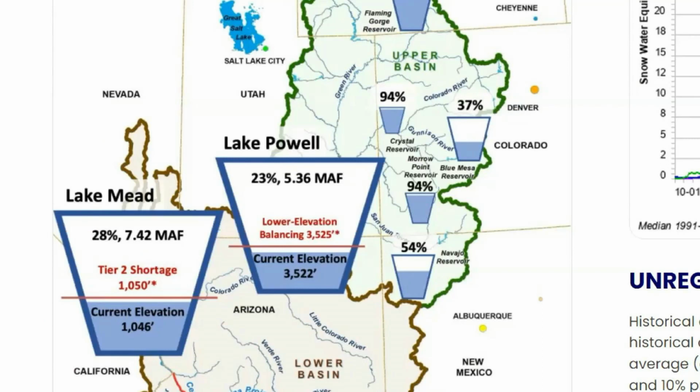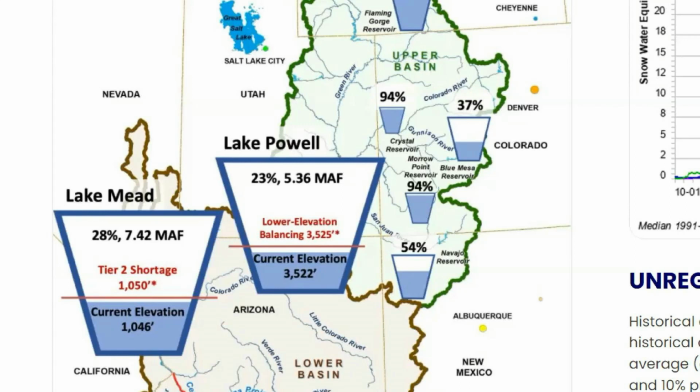We typically represent these in terms of percentage of capacity. So when you see these percent numbers up there, that's not a percentage of any historical average or anything. That's a straight percentage of how full the reservoir is. For Lake Powell and Lake Mead, we go into a bit more detail, and we give percent capacity. We give the actual numbers of how many millions of acre feet are in the reservoirs, the current elevation, and we call out in red